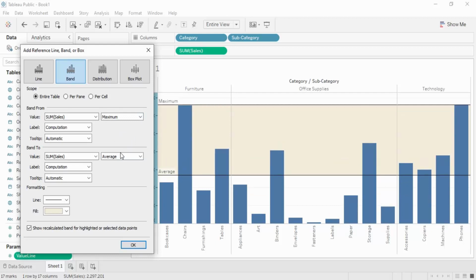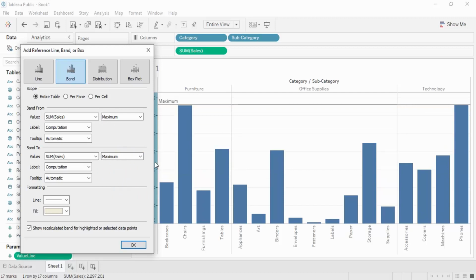Now you must be wondering that I have selected average in band to and maximum in band from. It doesn't matter what values you have selected. The only thing that matters is you need to provide two values that are not conflicting with one another so as to create a band. What are conflicting values? Let's say we have selected maximum over here, and let's again select maximum.